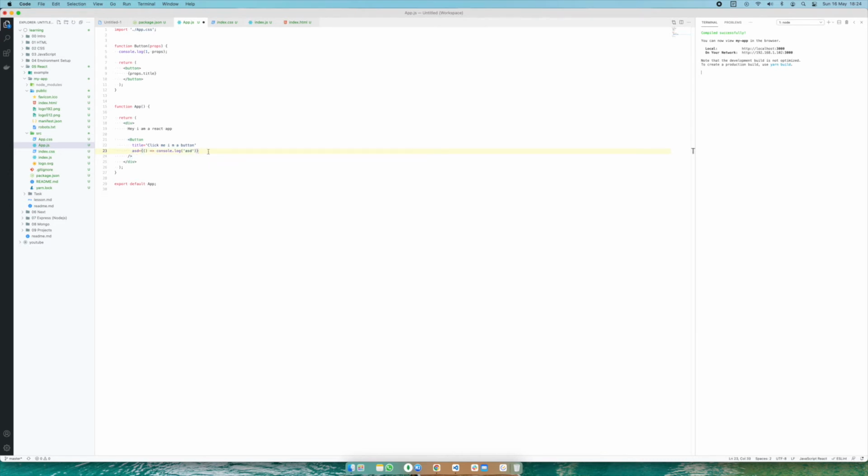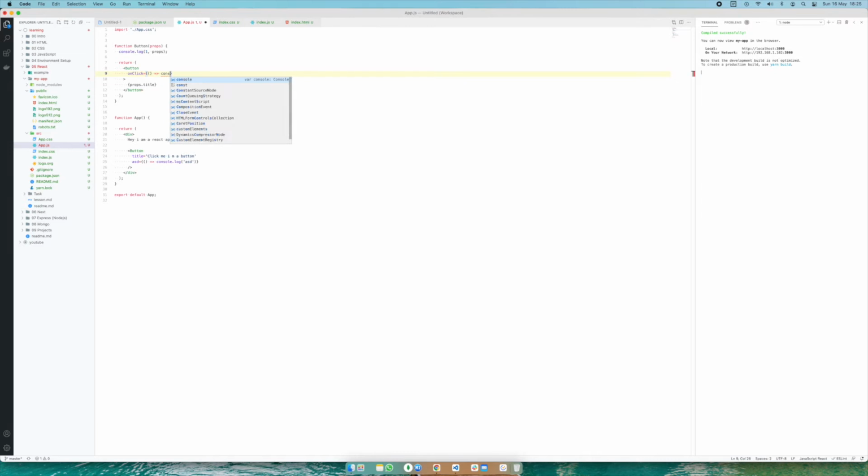we can add to the button, for example, event listeners. So, for example, onClick. So it's all camel cased. In HTML it's just lowercase like this, but in React it's onClick like this. So the value is a function. It's an event, but if you don't need that argument, we can just console log